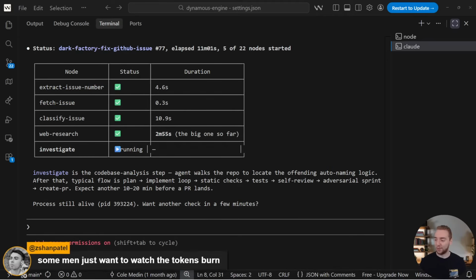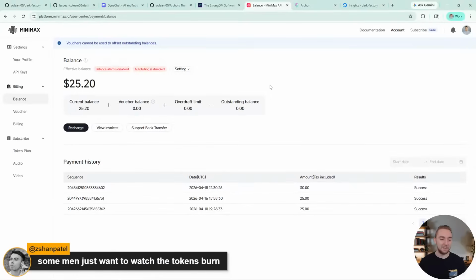Some men just want to watch the tokens burn. Yeah, well, okay, I promise you I'm not doing the API just because I want to see my tokens burn, but it is true. It's kind of silly. There's a big joke going around in the industry right now that people are prideful of how many tokens they spend. Or you have the CEOs that are like, if my engineers aren't spending 10 million tokens every single day, then what are they doing? The output is measured in the token spend now. It's ridiculous how far it's gone.